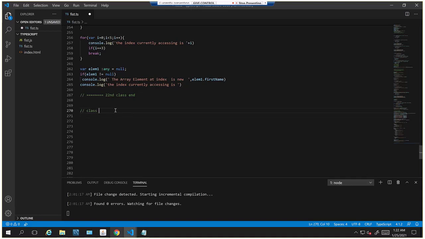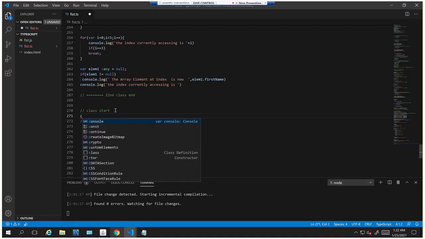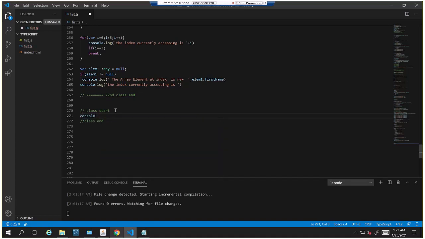I'm going to create simple class. So every class, even if you write any TypeScript components or anything, everything starts with class. Class. We take animal, and it has